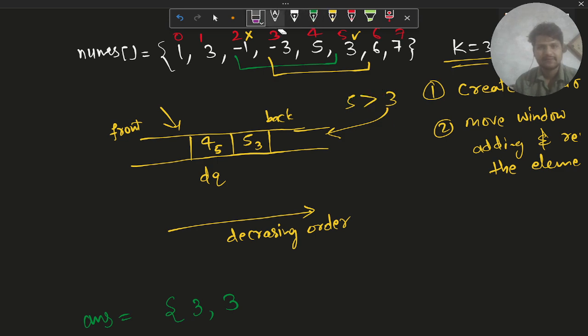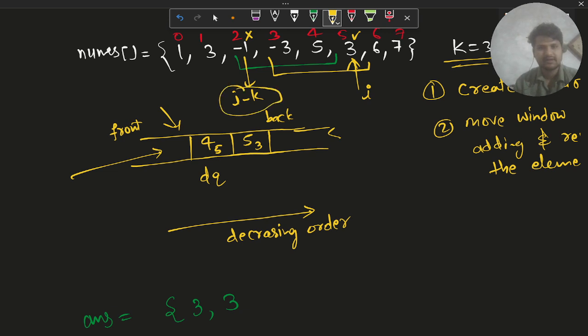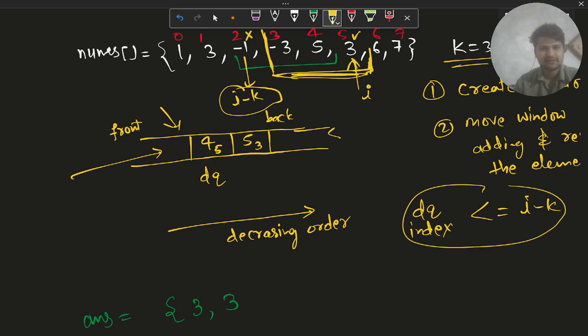Now we will compare this. This is the current index, so let's call it I, and I minus k is this index. So we will start comparing the indexes. Whatever index we have inside a deque, we will compare it with I minus k. This is my current window. Whatever is outside the window, we have to remove, like I minus k. Let's say this is the deque index, and if the deque index is less than or equal to I minus k, that means deque elements